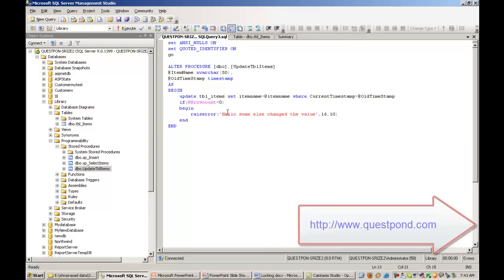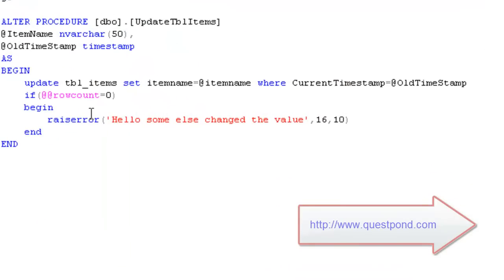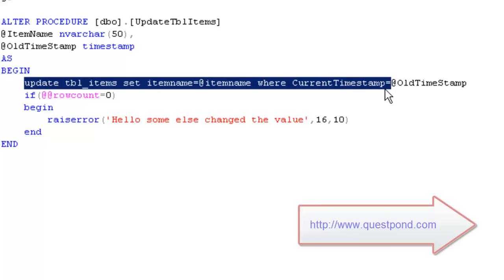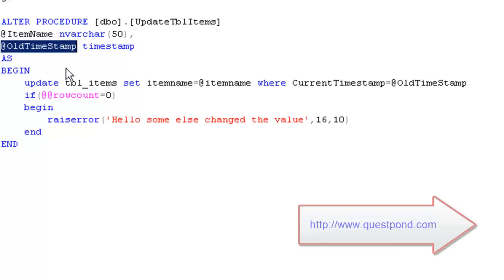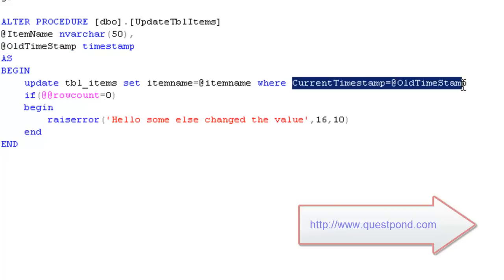So here's a simple stored procedure which handles optimistic locking. I have a stored procedure here called update TBL items, and whenever I'm firing the update query from the stored procedure, I'm checking whether the current timestamp and the old timestamp are equal or not. You can see that in my input parameters I'm passing the old timestamp value. So when I started this update, I had already selected the old timestamp, and when the actual update starts, I'm just checking if the current timestamp is equal to the